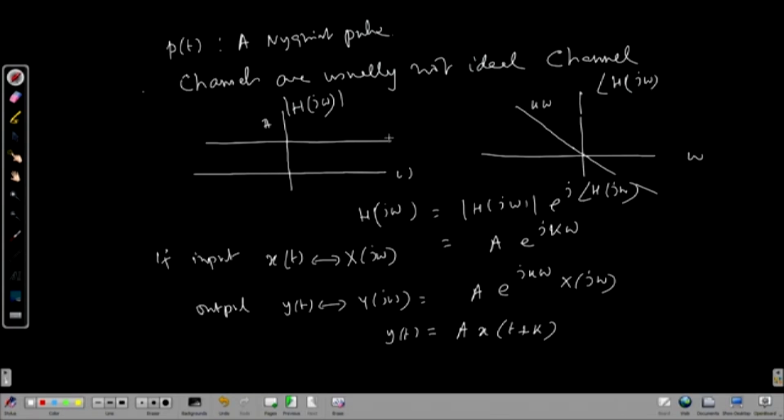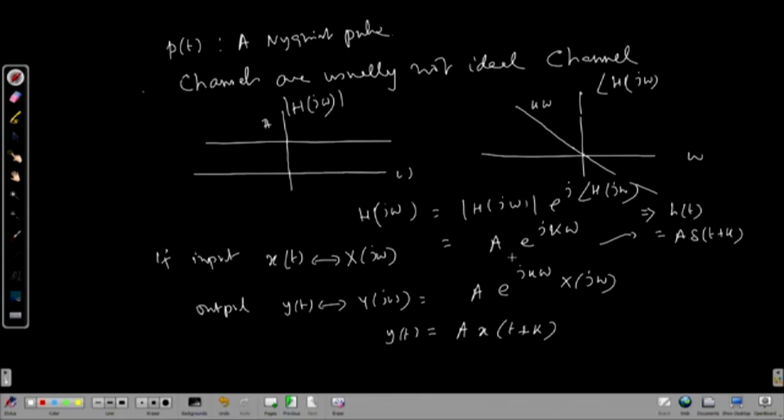So, altogether it will distort the waveform. That is, if you have H of omega, for an ideal channel the impulse response will be A delta of t plus k. Delta is the Dirac delta function. Delta t has got Fourier transform 1. If it is t plus k, it will be e to the power j k omega times 1, and A